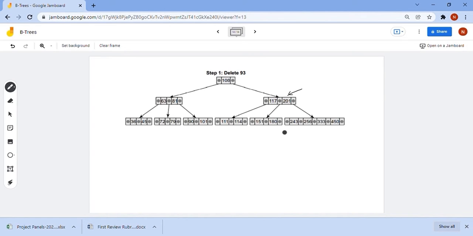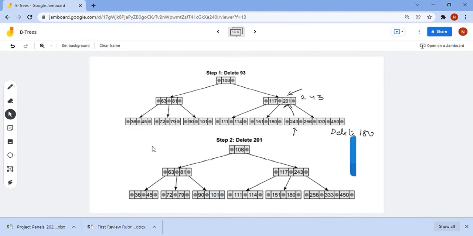As the right subtree contains more elements, I have to take 243, that is the smallest value from the right subtree, or the largest value from the left. So 243 has been taken, and you have to replace this 201 with 243. Then the resultant diagram will be like this. So this will be the resultant tree, after deleting 201.